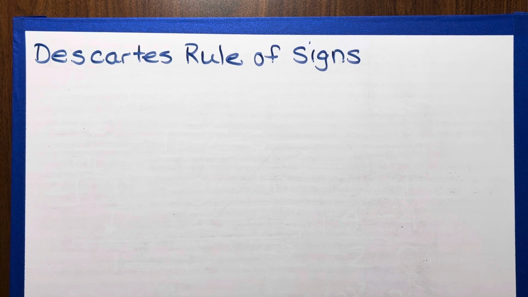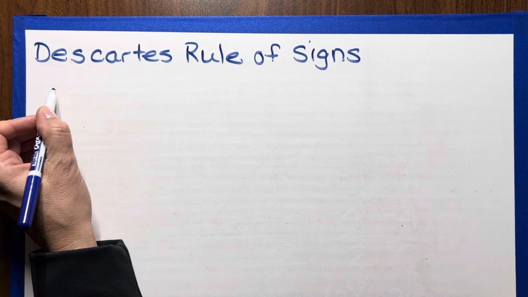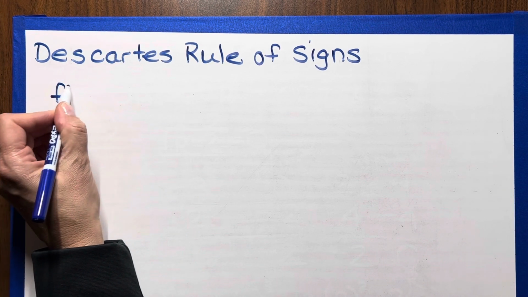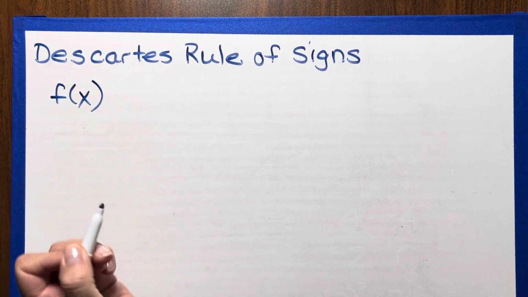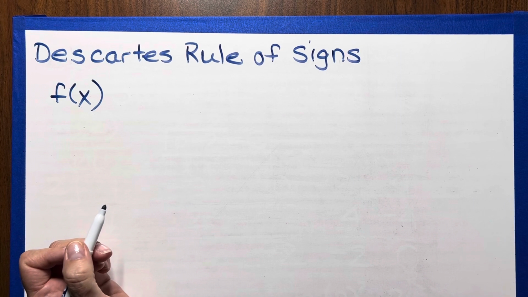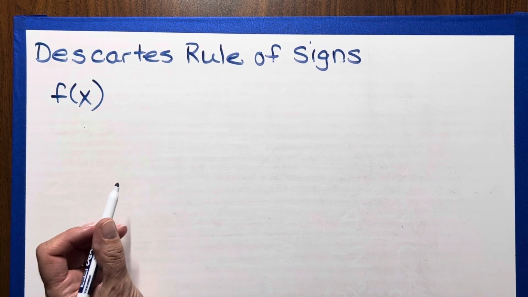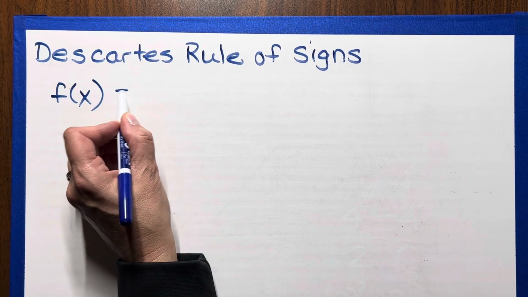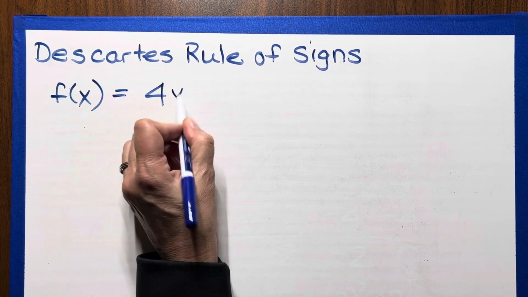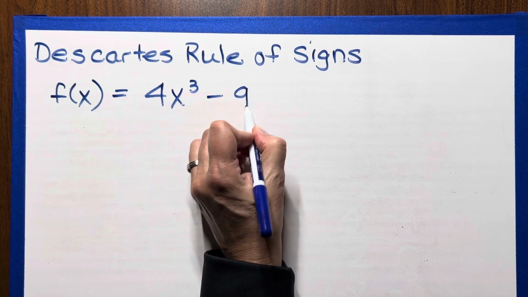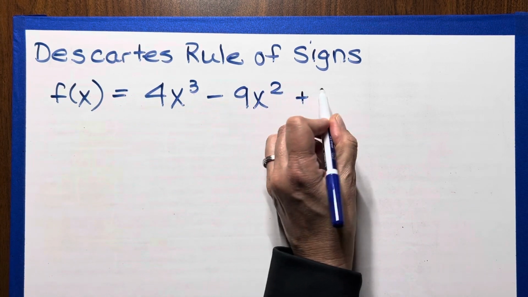Today's topic is Descartes' rule of signs. We are going to use this to help us determine how many different roots, positive or negative, we can have for a polynomial function. So our first function is f of x equals 4x to the third minus 9x squared